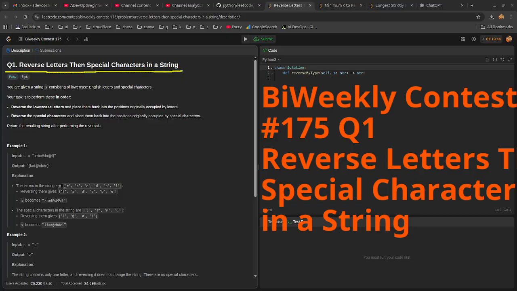the special characters. So the question is, what do we need to satisfy this kind of requirement? First of all, we want to know what type of character this is. Is it an English letter or is it a special character? Second, when we do the reverse, we want to know the index of a letter, no matter if it's an English letter or a special character. We want to know the index so we can take it out and put it into